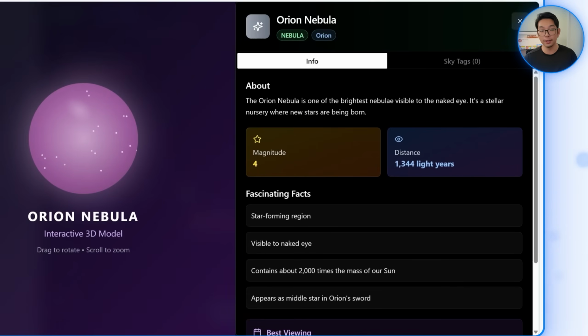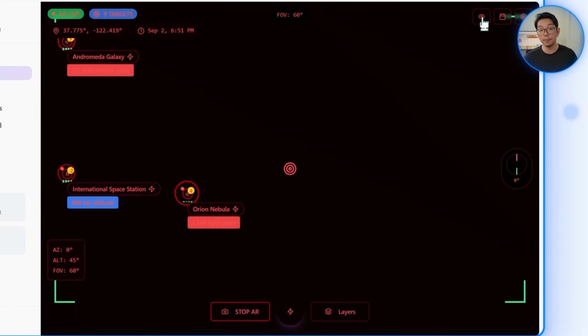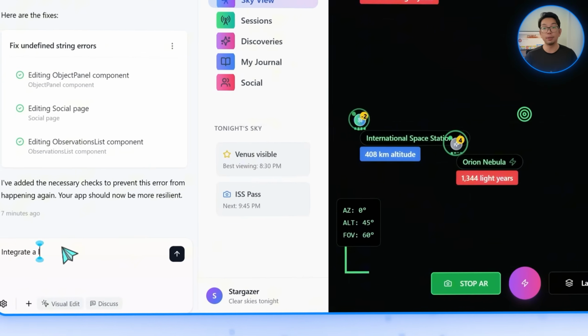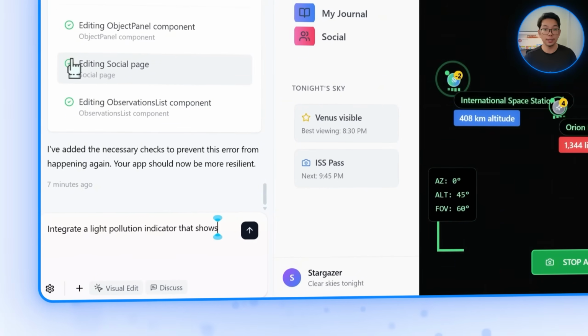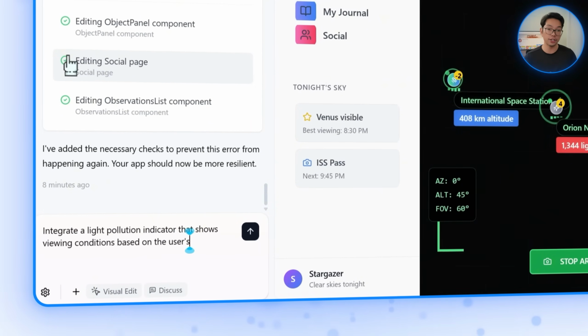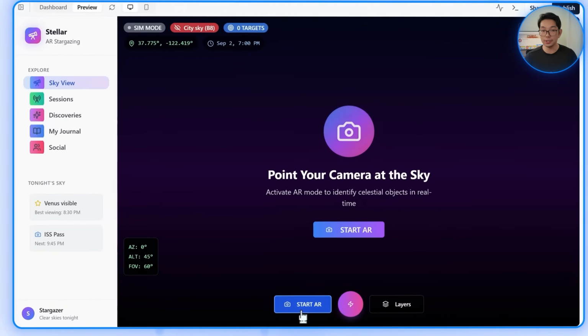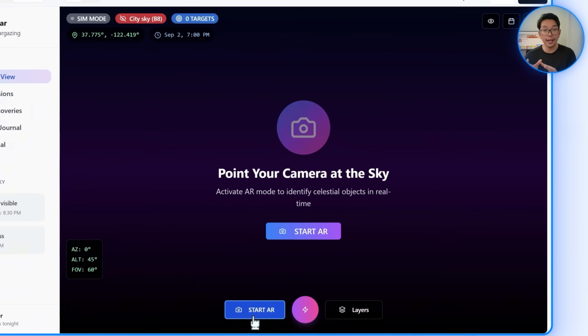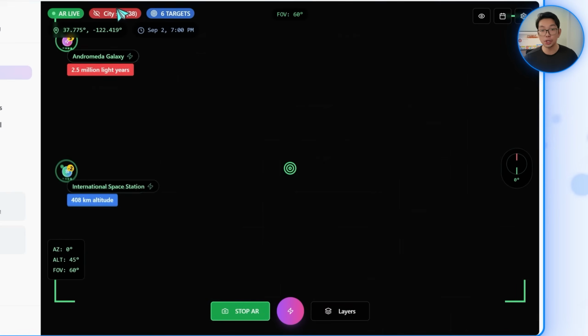So lastly, let's give them crucial information about their viewing conditions with this prompt. Integrate a light pollution indicator that shows viewing conditions based on the user's location. And now the app uses location data to show how much artificial light is affecting the visibility of stars and